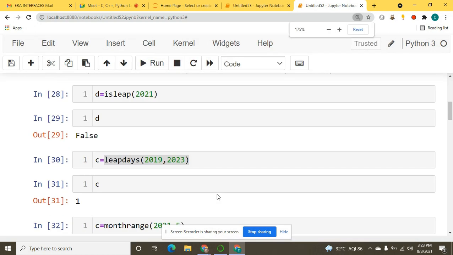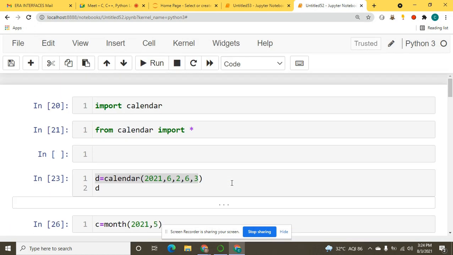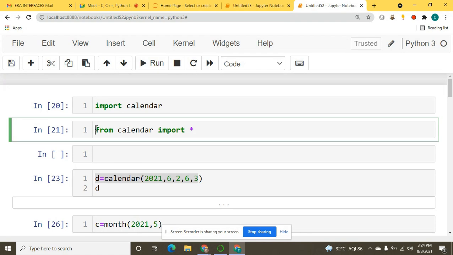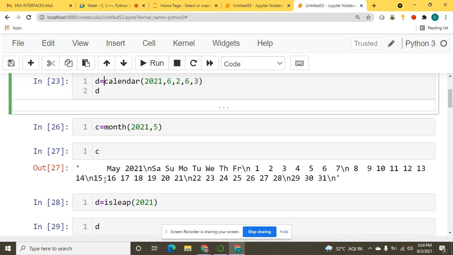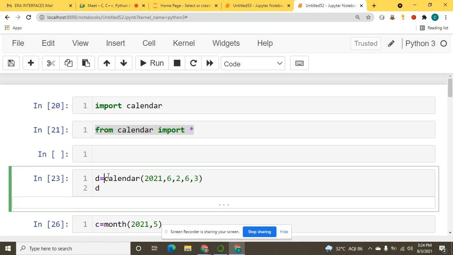So I hope I'm clear with you all with all these modules and their methods and functions. Similarly, you will simply import your module, and within that, if you use this statement, you will not use the dot operator. Without using the dot operator, just use your function name and pass the arguments, whatever you need to pass, and you will get the result.